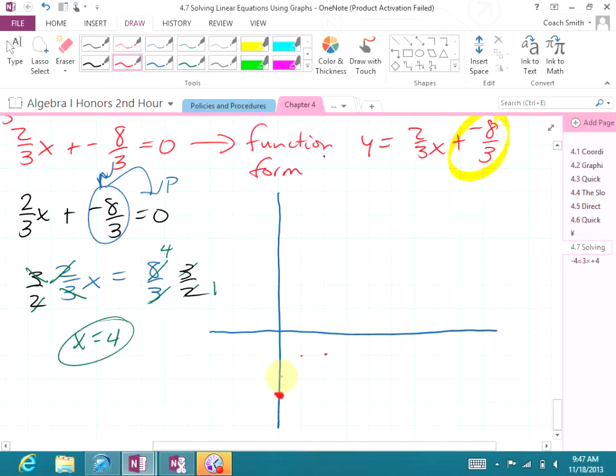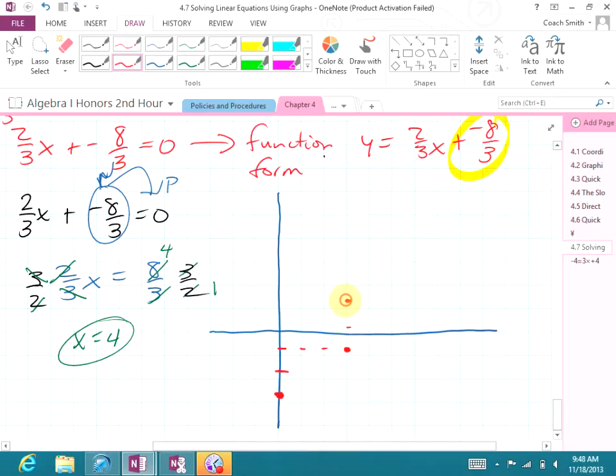Okay, so I'm going to go up 1. Hang on here, let me erase those dots because I got to get it right. I'm going to go up 1 and then 2. Okay, and then I'm going to go over 3. So 1, 2, 3. Right there. There's your first point. Okay, now I've got to go up 2,